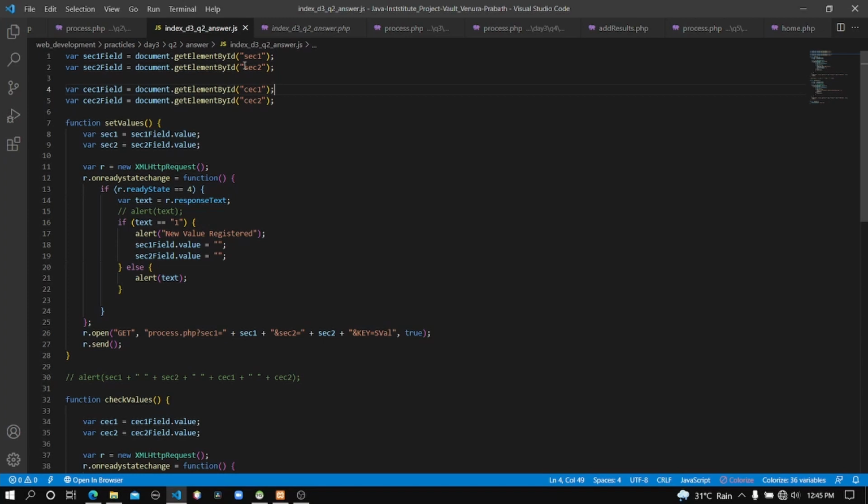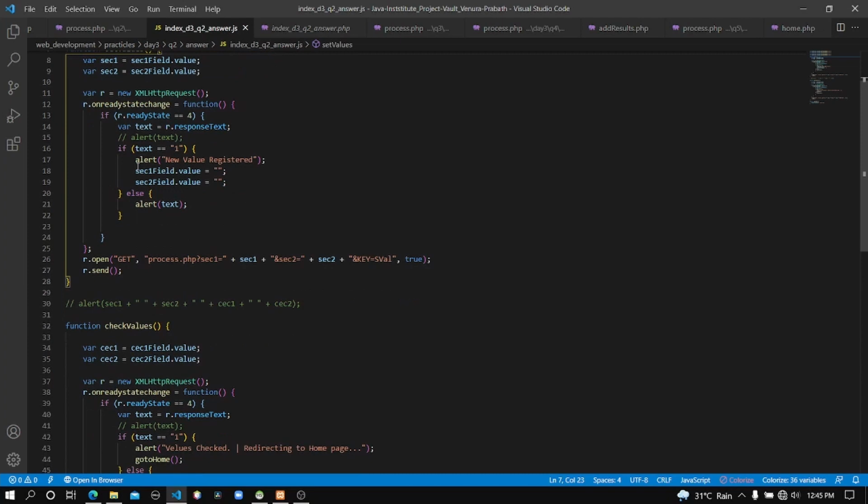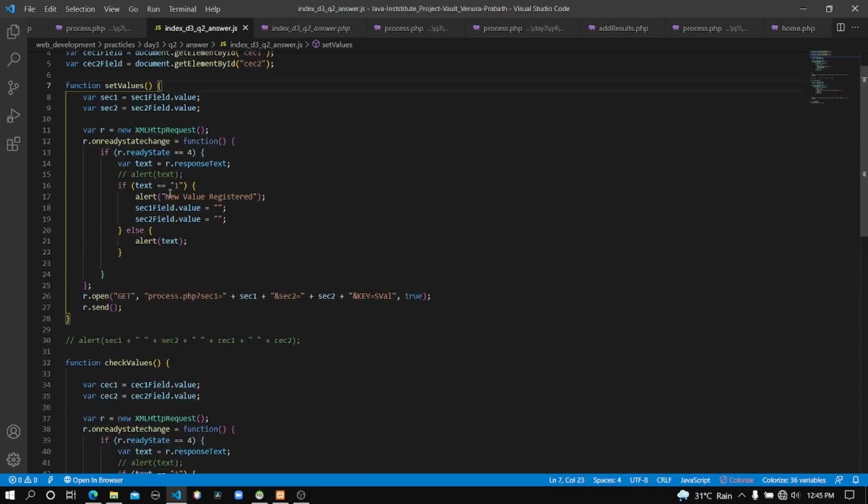After that, here you can see in line 7 there's the function called set values. This is the function that is going to execute after someone clicks on the set value button.